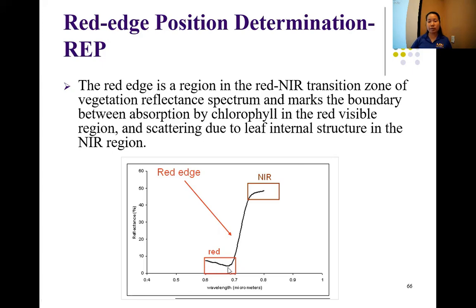You have the red portion, and once they reach the near infrared, there is a sharp increase. This place with a steep slope is called the red edge. The red edge is a region in the red to near infrared transition zone of the vegetation reflectance spectrum and marks the boundary between absorption by chlorophyll in the red visible region and scattering due to leaf internal structure in the